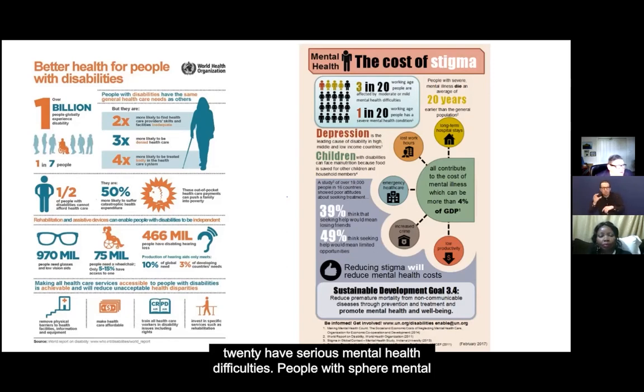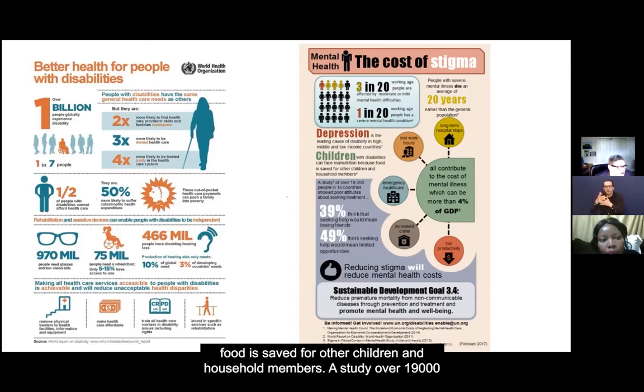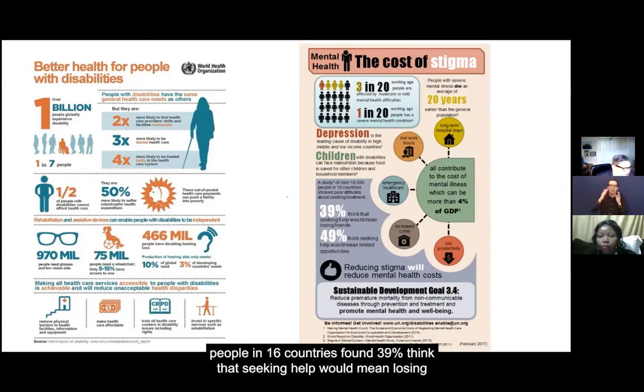People with severe mental illness die on average 20 years earlier than other people. Depression is the leading cause of disability in high, middle and low income countries. So that's across the world. Children with disabilities face malnutrition because food is safe for other children and household members. A study of over 19,000 people in 16 countries found 39% think